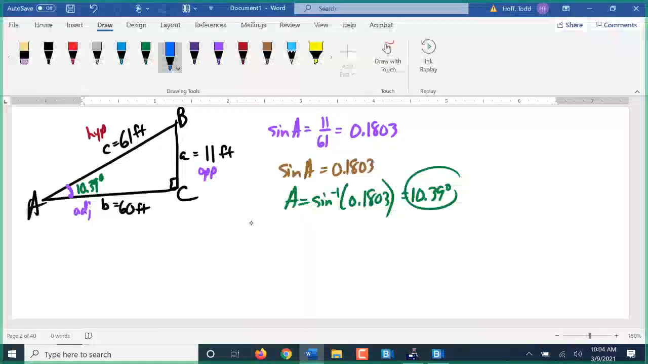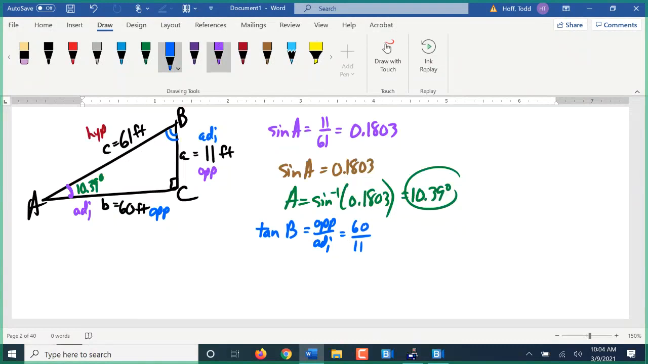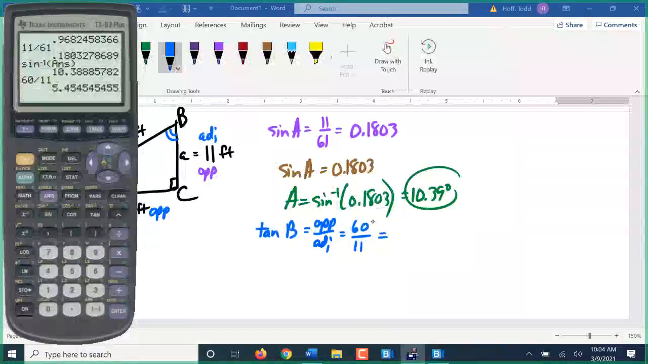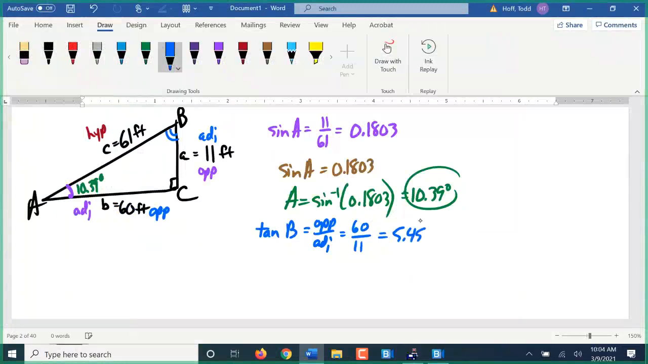If I want to find the tangent of angle B, for angle B here, the opposite side would be the 60, and the 11 would be the adjacent side. The tangent is opposite over adjacent. So here that would be the 60 over 11. If I divide that out, it gives me 5.4545. So that, again, is telling me that the tangent of B